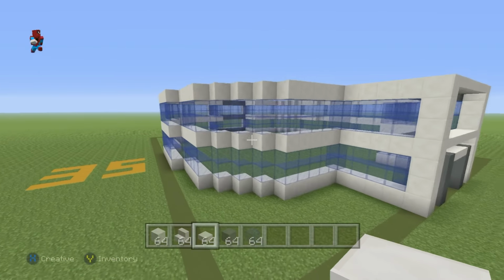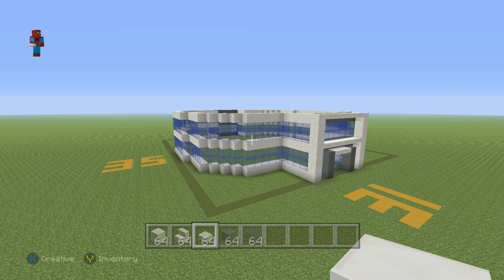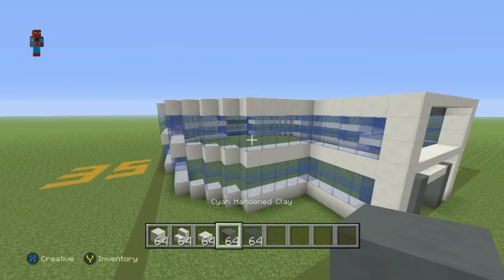Now, this is what the skyscraper looks like here, without any additional detail added. This is very, very boring. However, the way that we make each one of the levels of the skyscraper look a little bit nicer is like this. So the first thing we will do is we will add